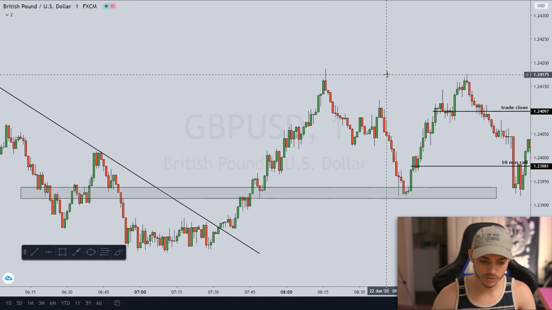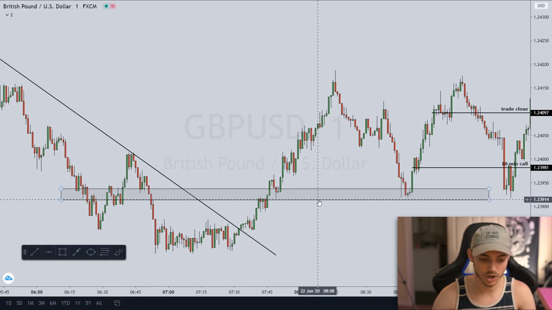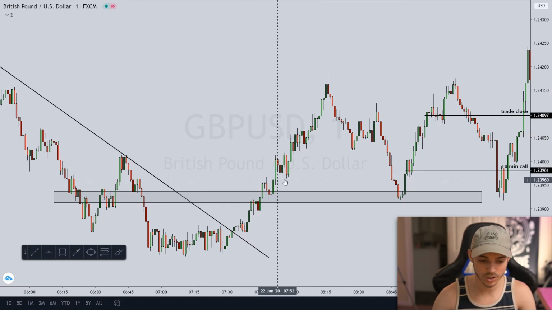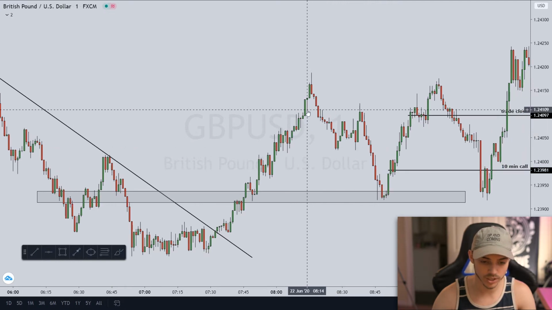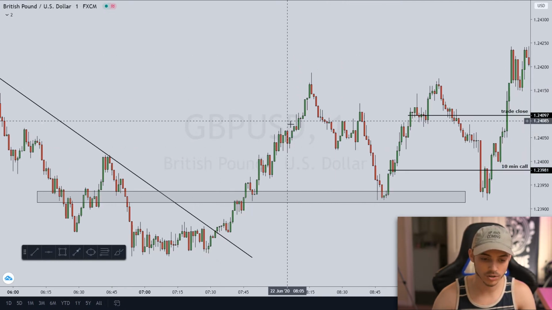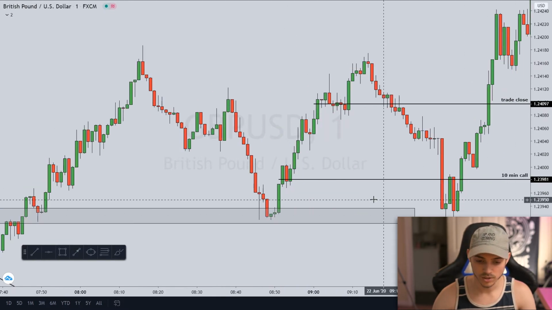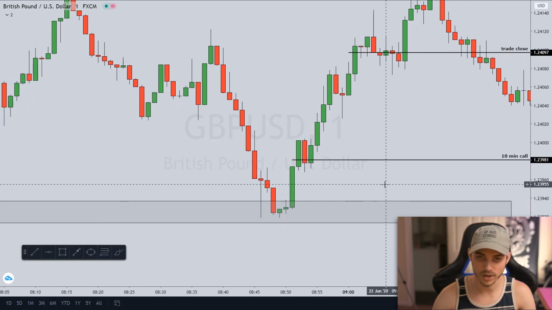So when we saw all of this, I was simply just waiting for price to give us a very solid retest of this structure change. You know, this could have been an easy entry, but I always like to take the safer, more conservative route when it comes to trading. So I waited for price to clearly push away from this level before coming back down to look for a trade. So once we start entering into this area where price broke structure and we're waiting for price to come